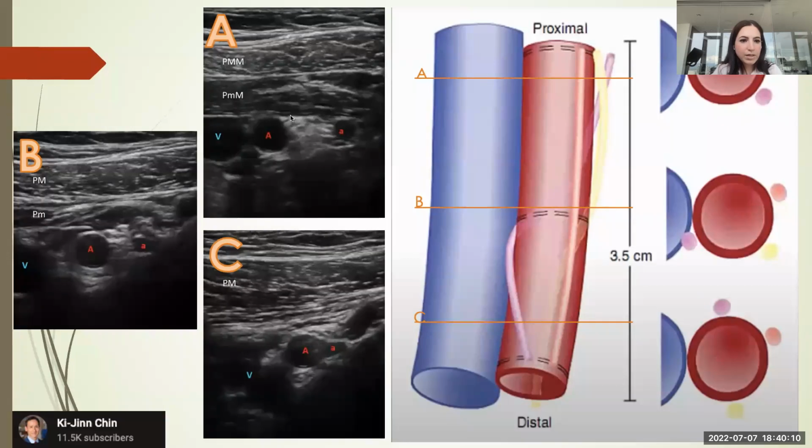To show that a little more clearly, image A corresponds to a more medial placement of the ultrasound probe in that intraclavicular fossa. So that captures the brachial plexus relatively proximal in its course. You can see that the cords of the brachial plexus here are clustered cranially to the artery, and there's really not that much space between the axillary artery and the vein. And as you start to scan more laterally, which is reflected in B and C, and corresponds to more